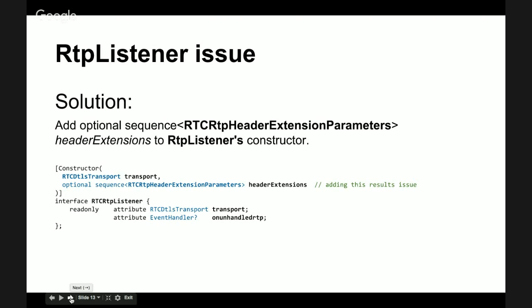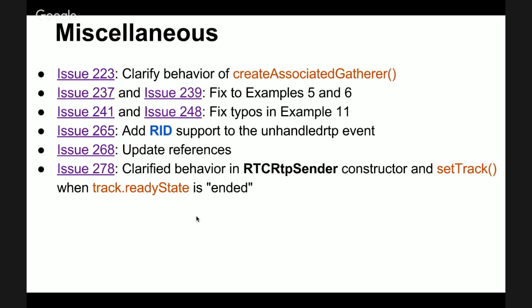Okay, are we ready to move on? Although the problem with that one, Peter, is that the information that comes in sometimes is literally binary too. For example, contributing sources and other stuff like that. And it might be difficult to even event up. Like you can event up that the header ID exists, but the data that's in it might be difficult to interpret and put into a structure.